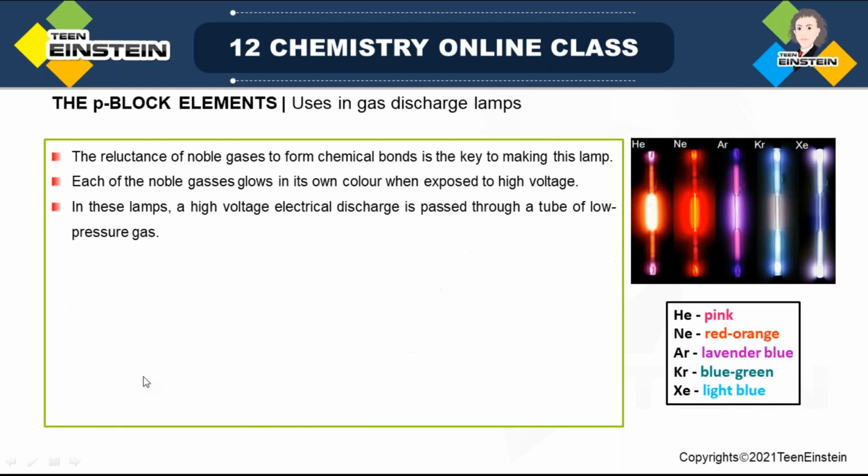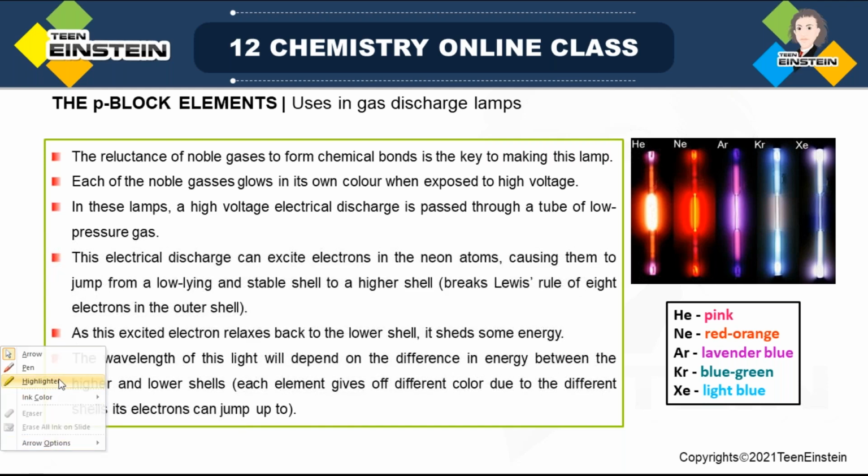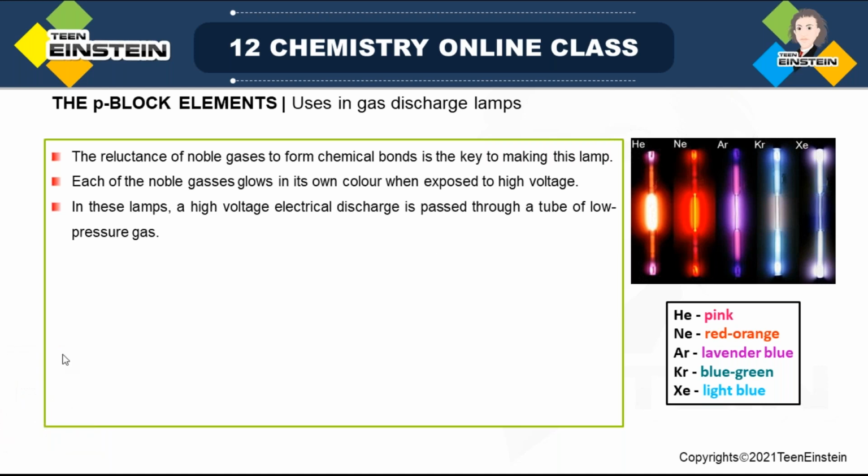Uses in gas discharge lamp. So this is also one kind of application. Here we can see this picture, which is basically the picture of a gas discharge lamp. Noble gases, we know that there is a reluctance to form chemical bonds because their electronic configuration, if we see carefully, is already fulfilled. So this reluctance of noble gases to form chemical bonds is actually the key to make this type of lamps. So each of these noble gases has this unique property that they glow in their own color when